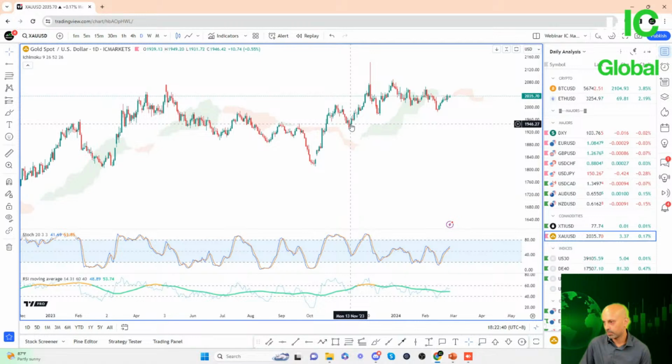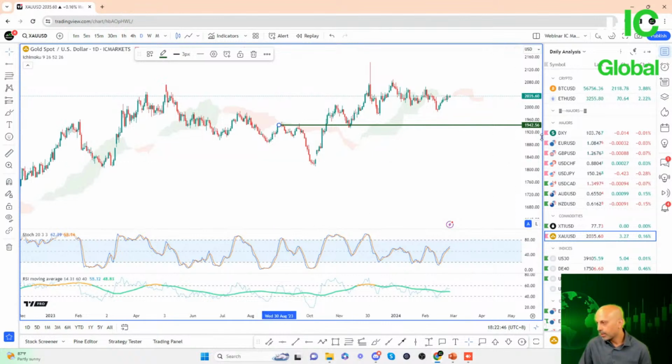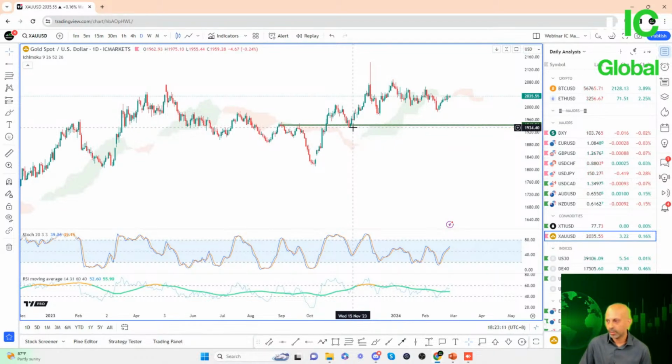Of course, we can see prices pull back a little bit before going higher, and it actually found support as well. So you can see this level here at 1942. This was previously a pullback resistance level. Price failed to break above this level here in September of 2023, as well as in the first week and third week of September. So this level was previously functioning as a pullback resistance level, but as price broke up, this level could then potentially function as a support, which it did.